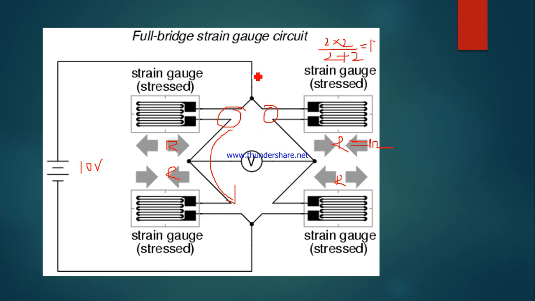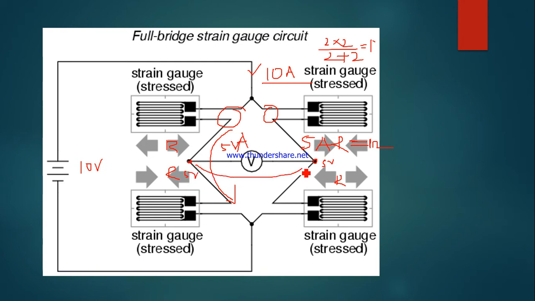So the total current flowing will be 10 ampere. Even though I am telling a typical example, it will not happen in a practical load cell, but I am telling you this resistance is very, very low. So this branch will have 5 ampere, and this branch will also have 5 ampere. With 1 ohm resistance, here you will get 5 volt, and here also you will get 5 volt.